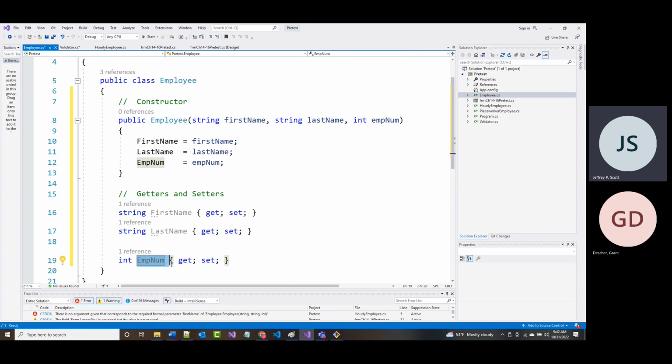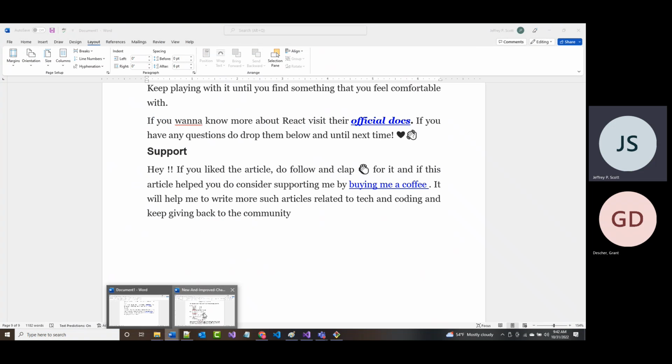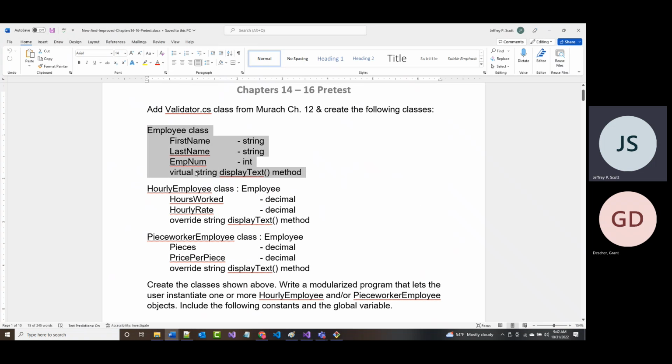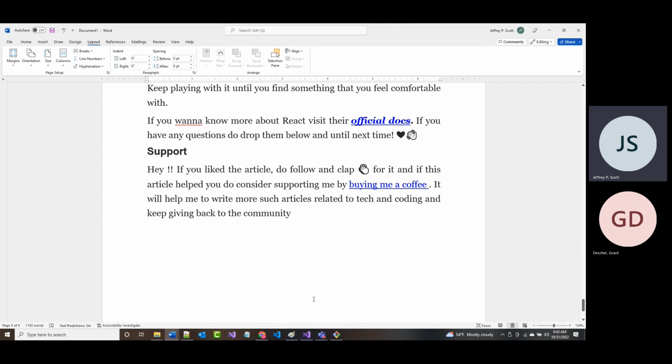There's only one more thing that we need to do here. We want to have a display text message. Hopefully I called it that, but let's look. Yeah, a virtual display text message. And what does virtual mean? Virtual means that if I create it here, I can override it here and here. We'll have to do that in just a couple minutes. So coming back here then,